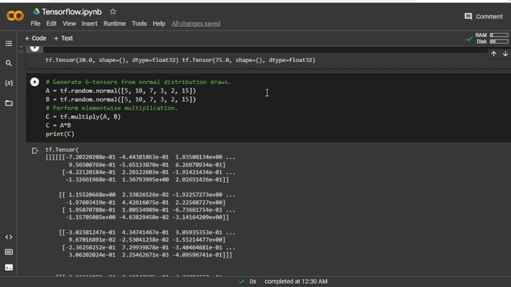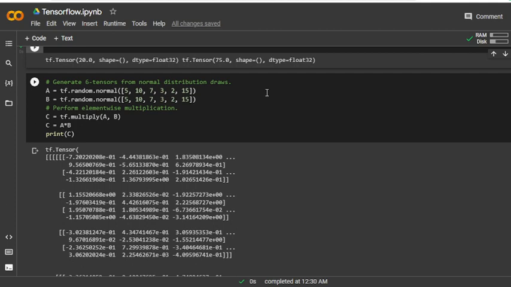Now we are going to multiply the a and b variables. So let's see, c will equal to a,